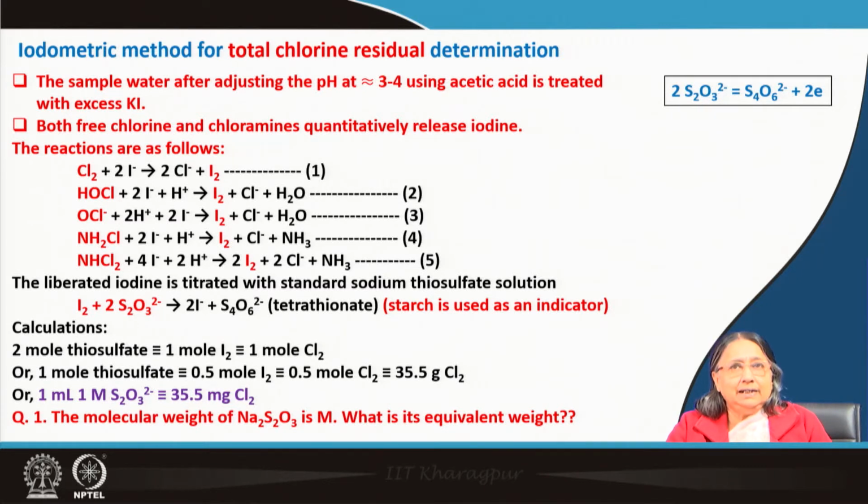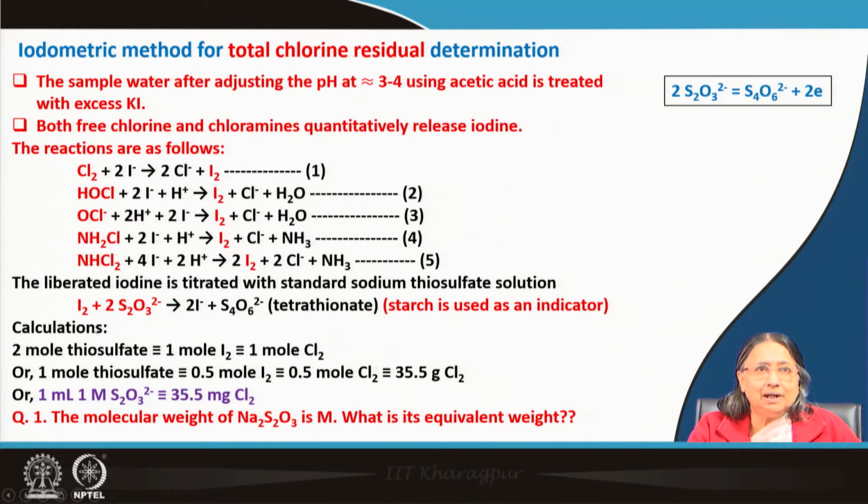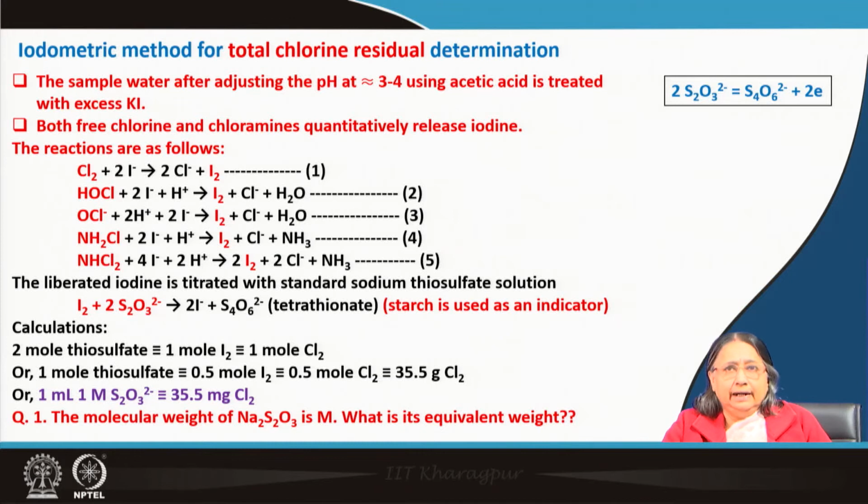So, we have not added it in the beginning. When a lot of iodine is already transformed into iodide, then only a little amount of iodine is there, showing the straw yellow color. Then we will add the starch, and immediately it will be dark blue in color, and we will then continue the titration with thiosulphate. Within 3, 4, 5 drops the blue color will discharge, and that is the end point.